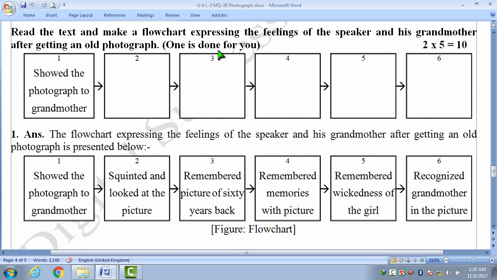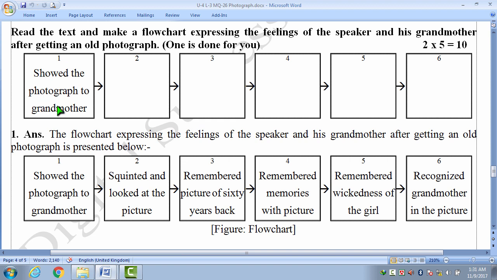Read the text and make a flowchart expressing the feelings of the speaker and his grandmother after getting an old photograph. পুরাতন একটি ছবি পাওয়ার পরে বক্তা এবং তার দাদির অনুভূতি কি হয়েছিল তা বহিঃপ্রকাশ করে ফ্লোচার্ট তৈরি করতে হবে।